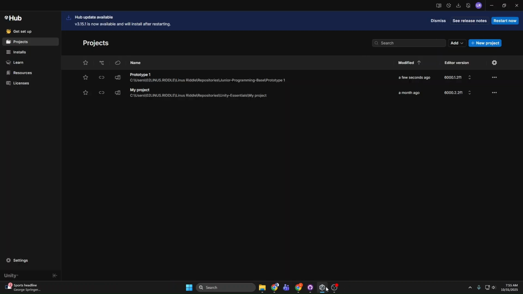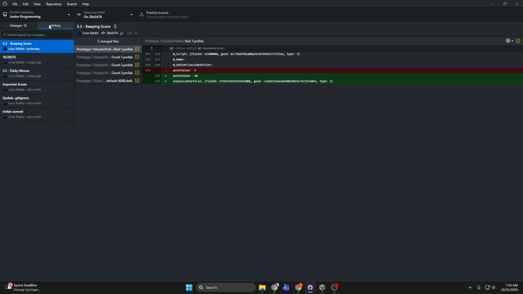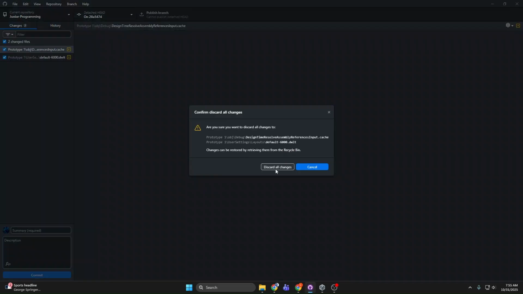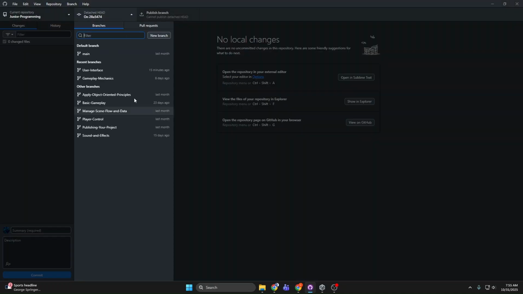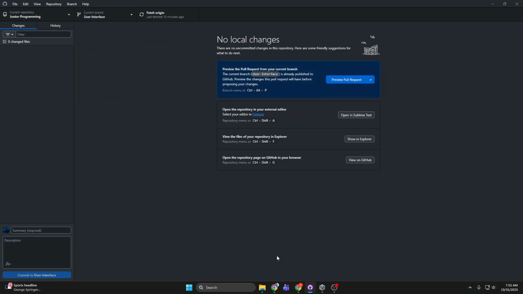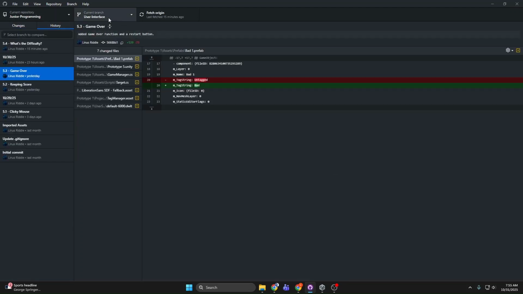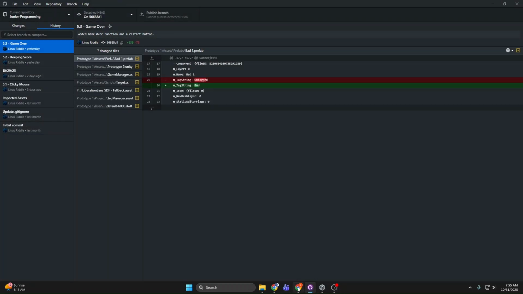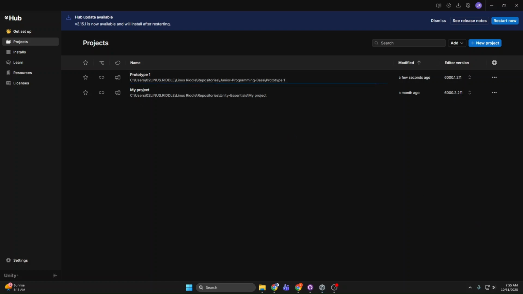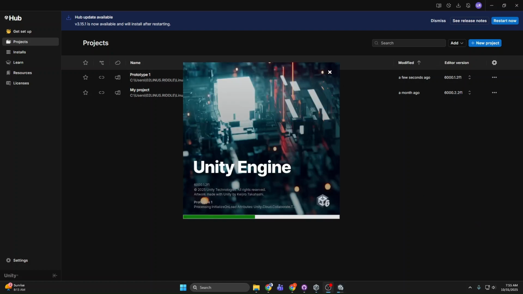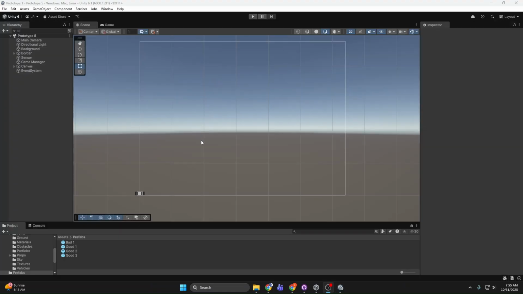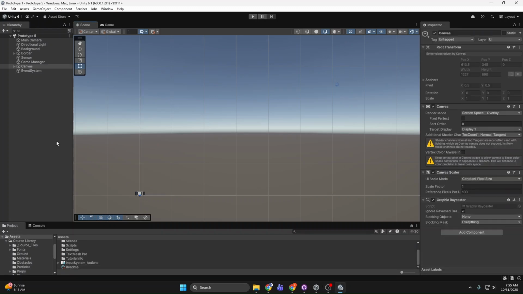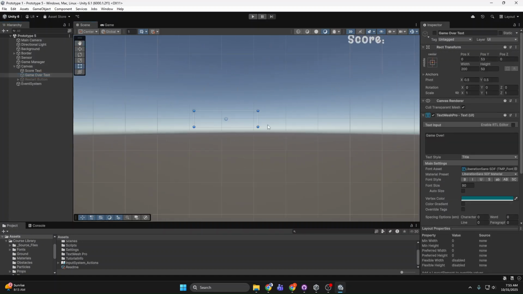So yeah, the next one was the game over lesson that I did, and this is where I added that allowed you to lose, and also added the restart button to everything, so that you can restart without having to close out the whole game and open it again, because that would be pretty frustrating in a realistic environment. So here you can see that I have the game over text right in the center there,